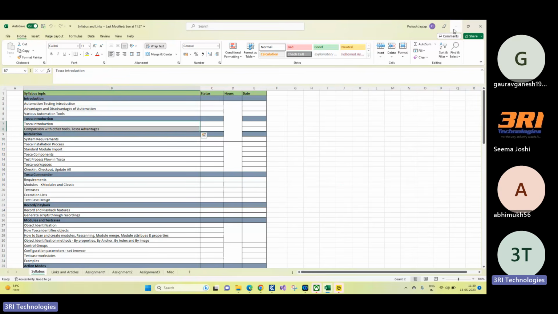So, Tosca introduction, anyway, we have already started. It was started way back in 2006, only for web automation. It was not so popular. So, the Tricentis team started marketing a lot in the last few years by giving free vouchers or free certifications.